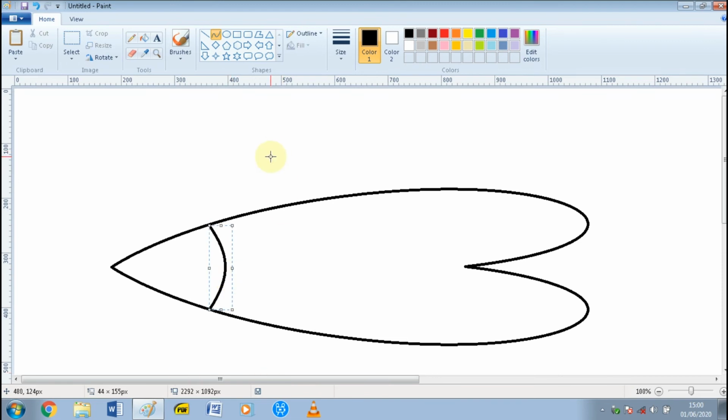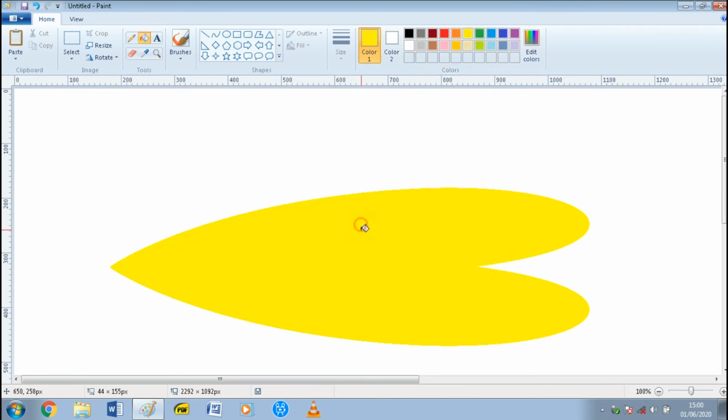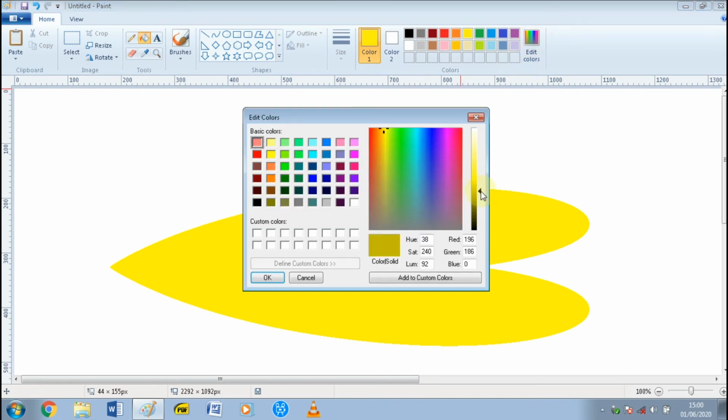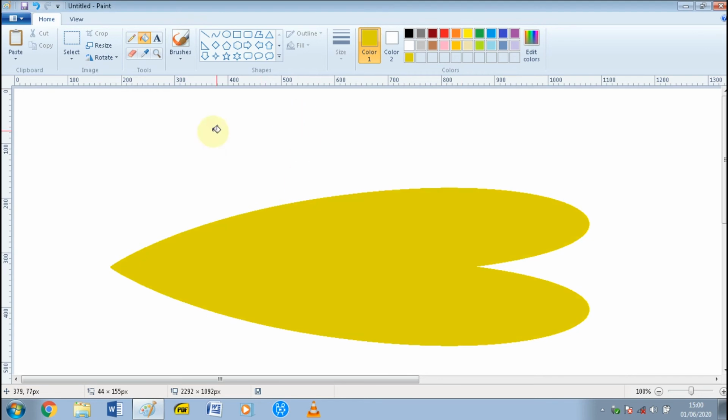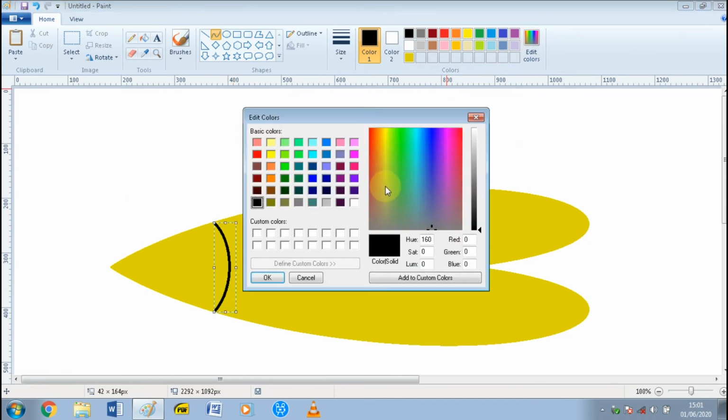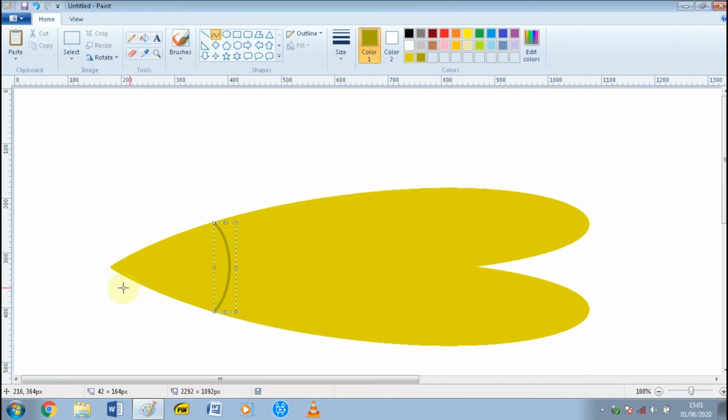Okay, so sorry, I will color first. I will color my fish, this yellow fish. Whoa, so light. I will make it a little bit dark. Okay, like this. And then I make the head of the fish. This is, and I add a little bit of this. Okay,